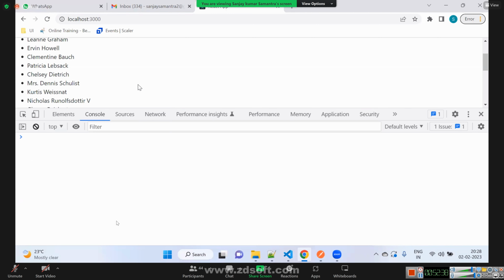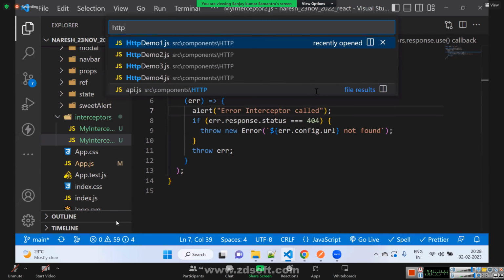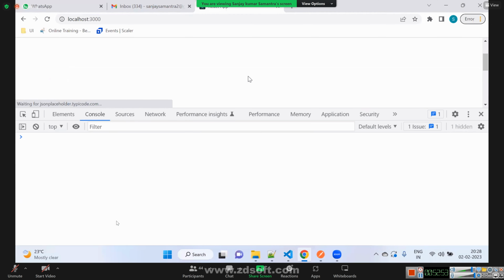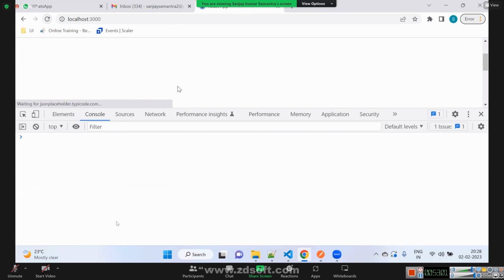If I intentionally make it fail in HTTP demo 2, it should go to the response interceptor.